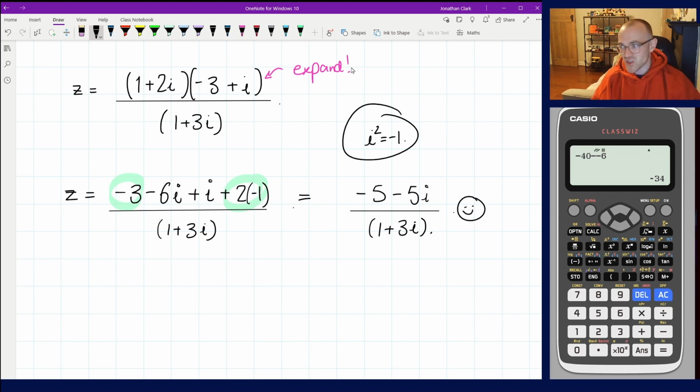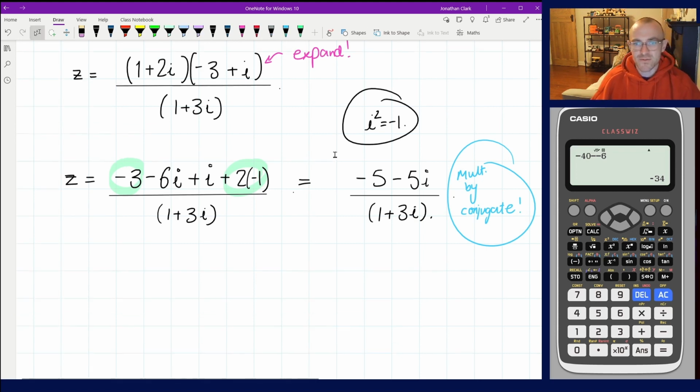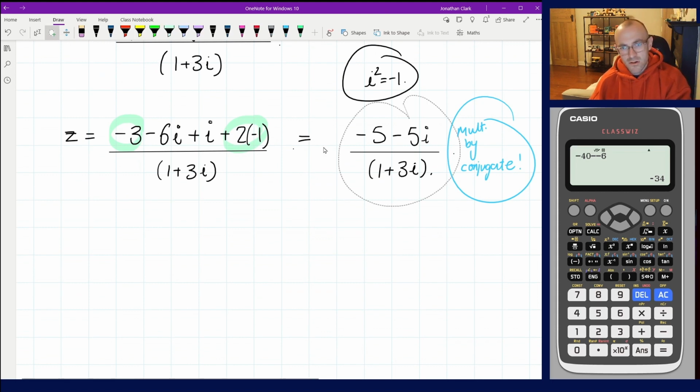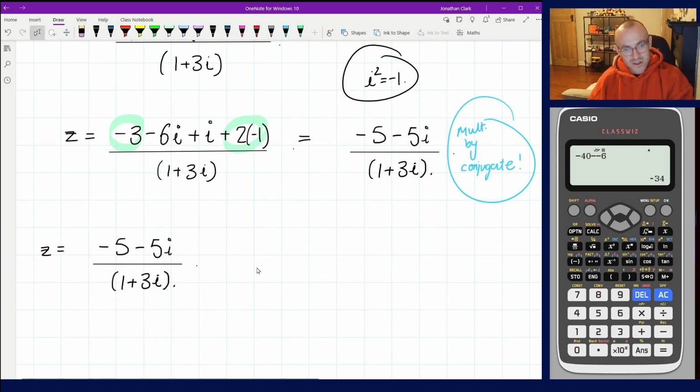Cool. That's some progress. What we're going to try and do next is to get rid of the complex part, or the imaginary part, for this number. And the way we're going to do that is we're going to multiply by the complex conjugate. I'm sure you've seen this idea before. You do a similar thing in surds to get rid of any square roots on the bottom of a fraction. I'm going to take this fraction and I'm going to multiply it. I'm going to move it so it's on the line. I'm going to multiply it top and bottom